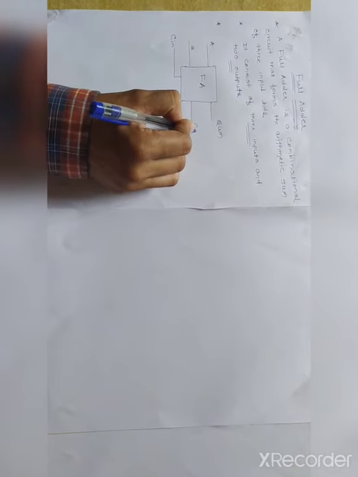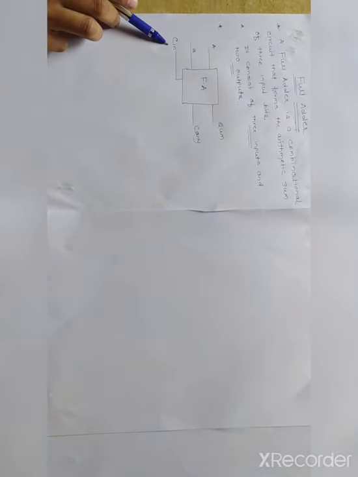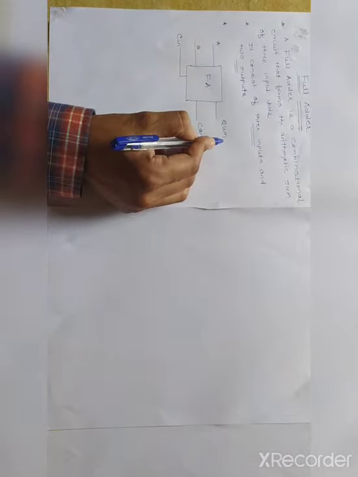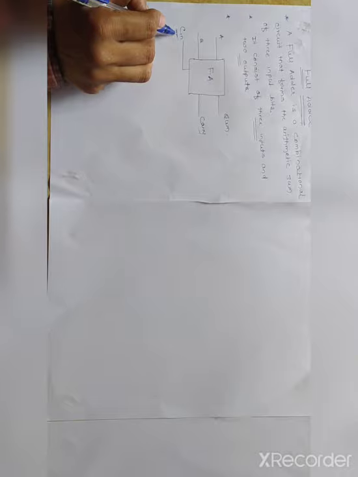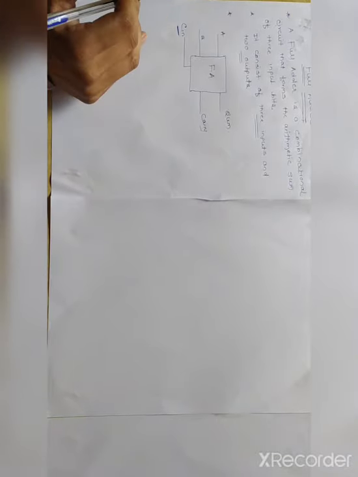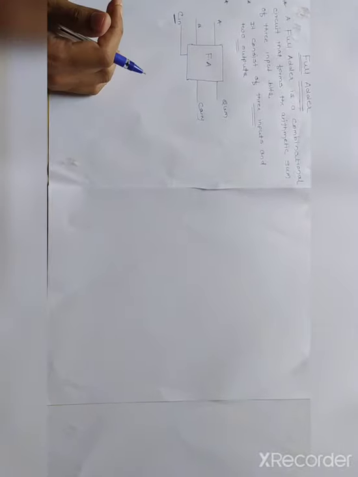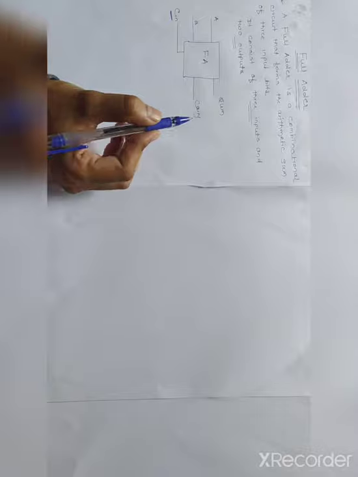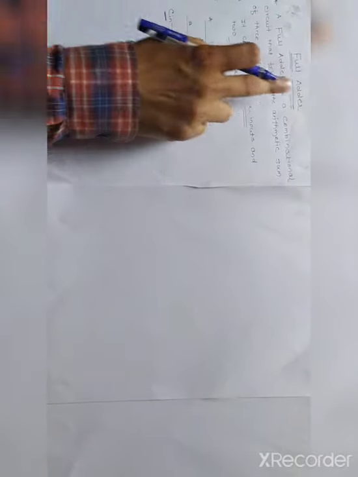Sum and carry. Here A, B and C, these 3 are my inputs, and these are my outputs, my sum and carry. You have to keep in mind that this C, the third input, is simply the carry generated from the previous output, the previous half adder. This is your full adder, and this is the simple block diagram of the full adder.